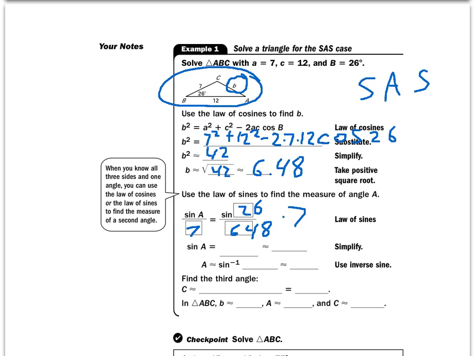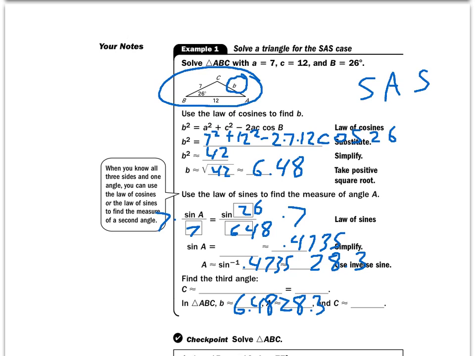Multiply both sides by 7, and you end up with 0.4735. And I do the inverse sine of 0.4735 to get that by itself, and I find that it is 28.3 degrees. So now I found that A is 28.3, and I found that little b is 6.48,